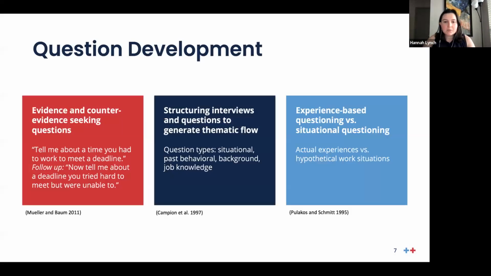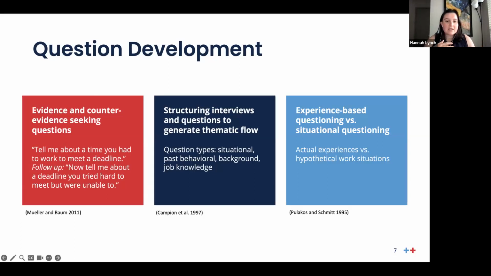So the first thing that we did was look into question development. This came out of searching for question banks. Question banks for the public sector really didn't exist in our research, and specific material about the tech industry was not useful for what we were trying to create. So what we decided to do was look at question development and how we can use that to create the question bank that we've come up with. And really three key points came out of the research that we were doing.